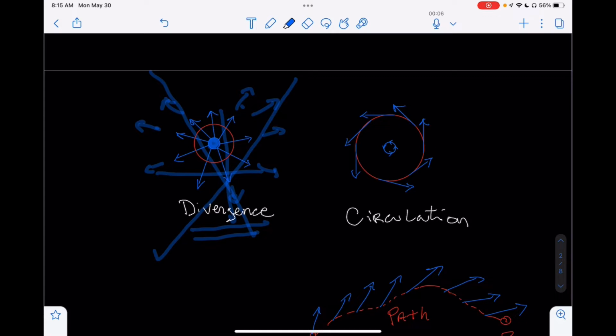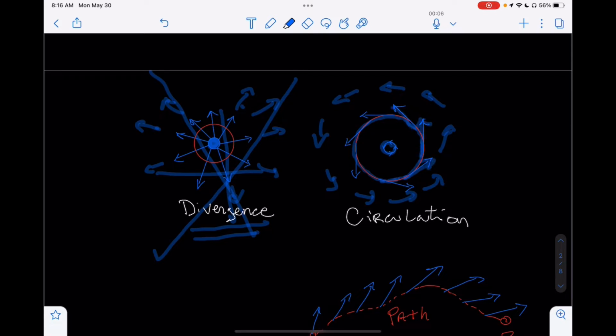So imagine that you have again a vector field and it goes around in a circle like this, right? And the reason for that is that somewhere in the middle right there, there's some kind of little spinner. And that little spinner sort of generates this vortex, if you want, and it makes things circulate around. So if I take a certain path around here, right, a circular path, I see that the vector field sort of all points in the direction of the path,